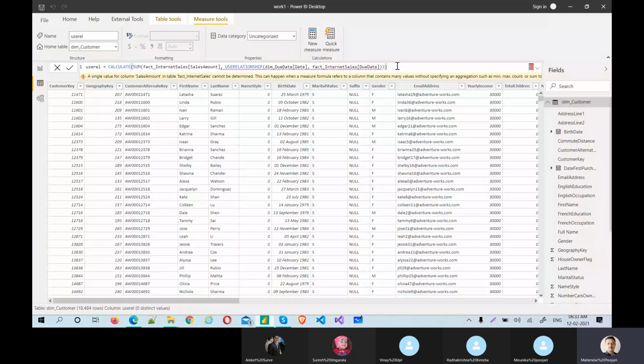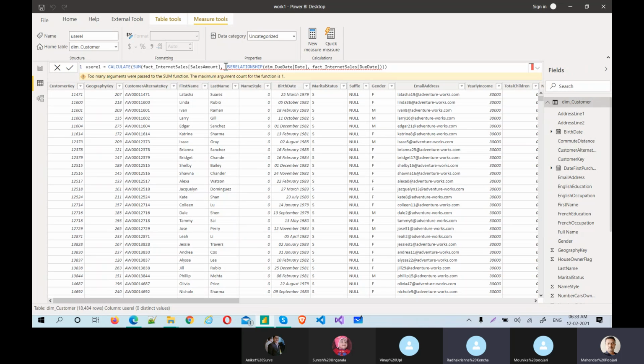This is not working. We have due date here in the dim due date. Before that, the SUM expression should be completed first.